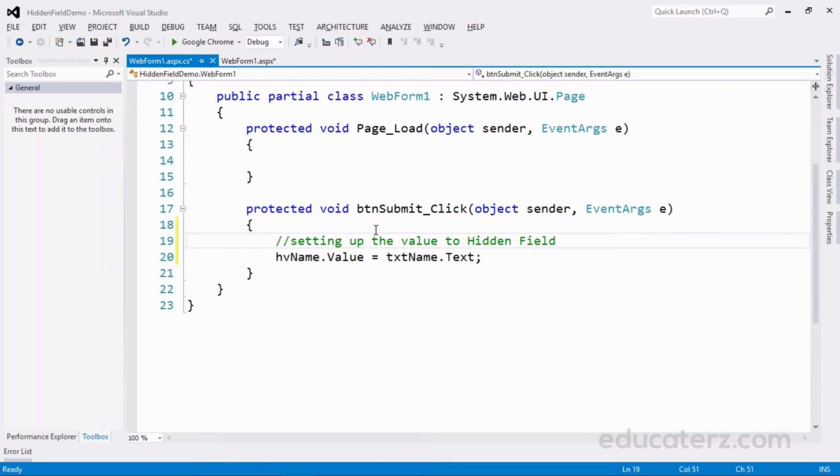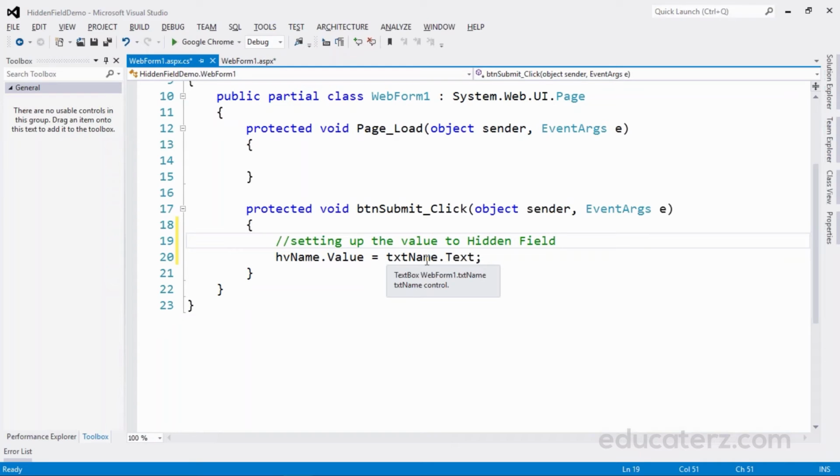If you take a hidden field control, it cannot be visible to the user when you execute your application. So it is most helpful for development purposes, not from the user's perspective. You can hide it from viewing by the user, then use it for your coding purposes. That's it. So I have set a value to a hidden field. I'm taking input from the user via txt_name.text and assigning it to the hidden field's value property. It basically stores only one value in its property.